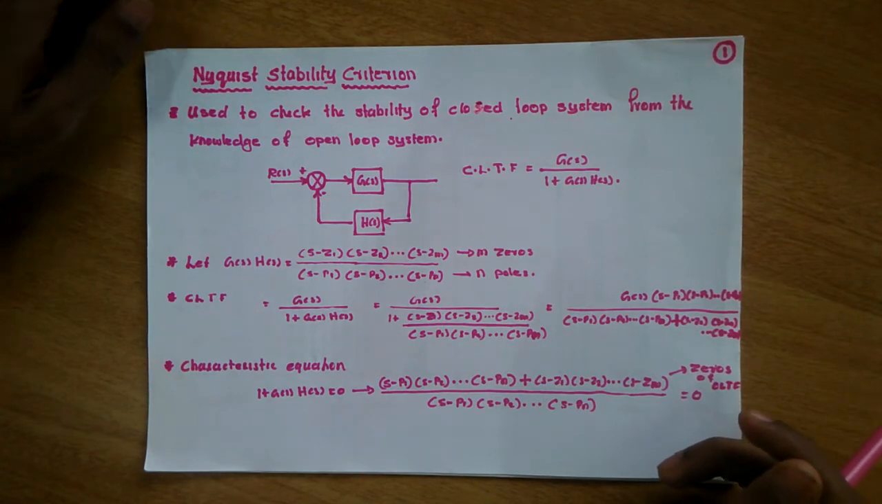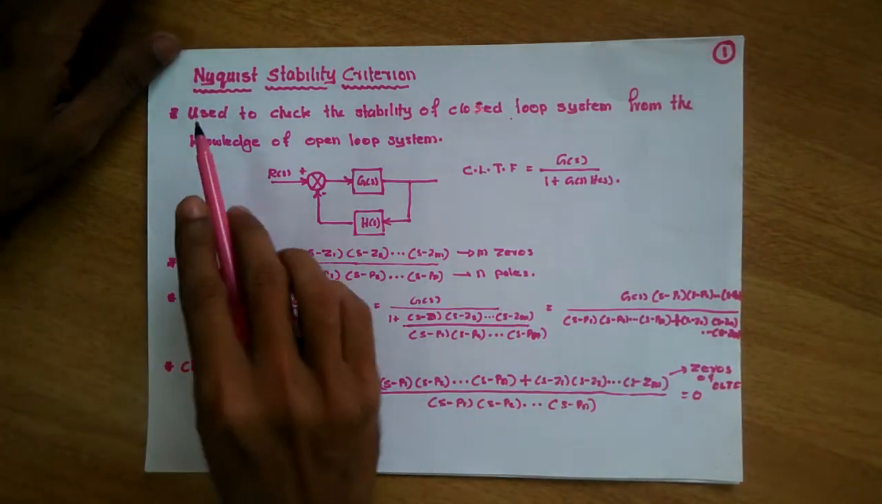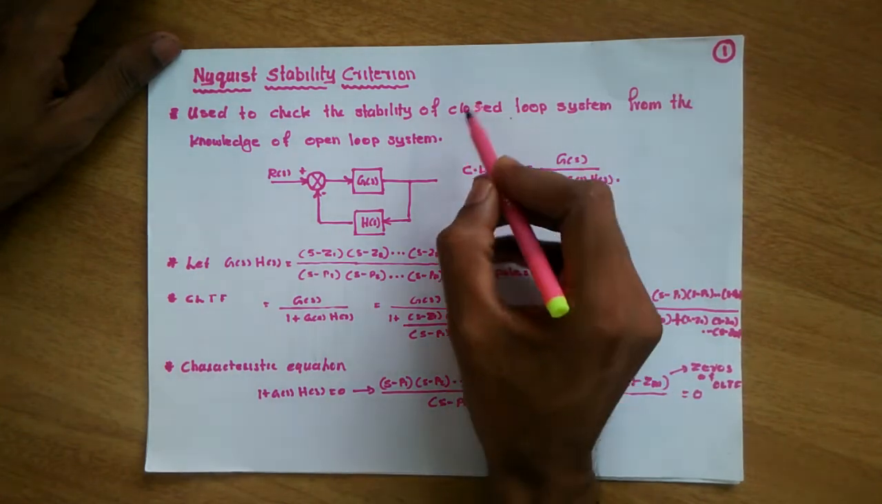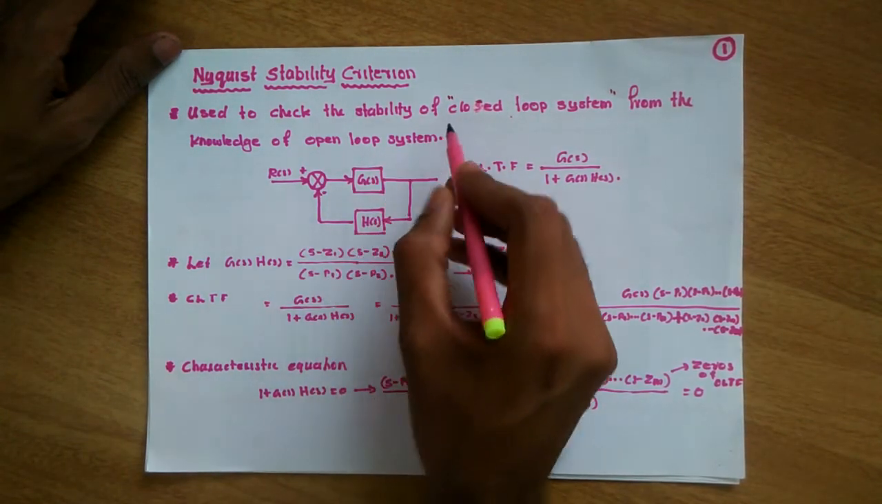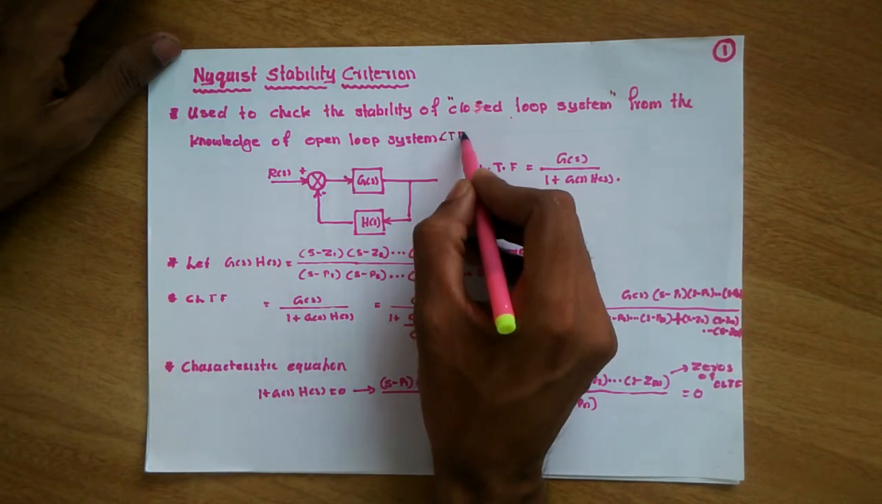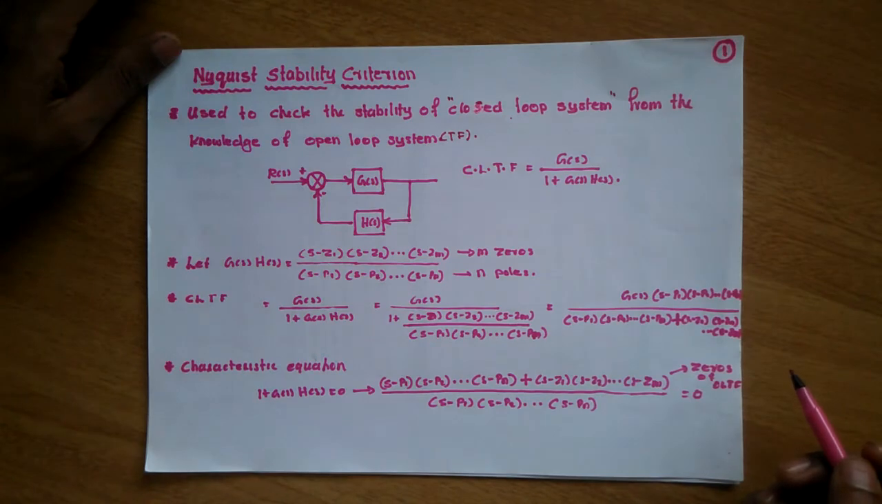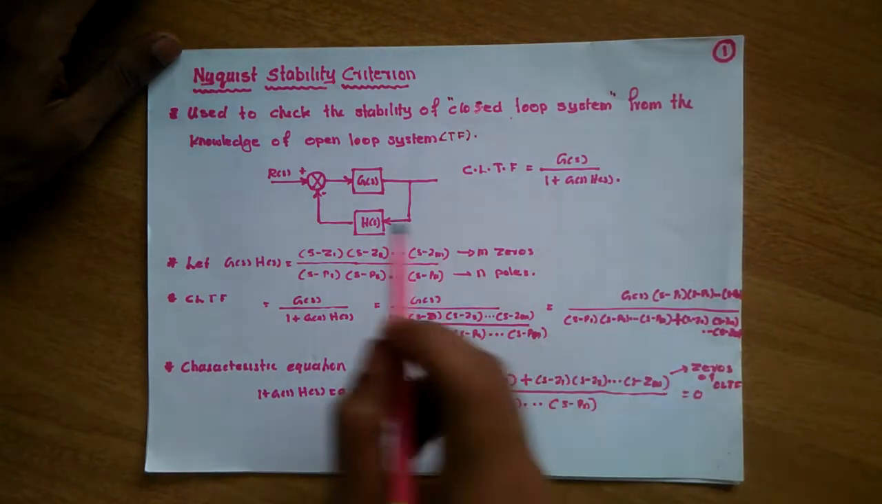Today we will discuss the Nyquist stability criterion. The Nyquist stability criterion is used to check the stability of a closed loop system from the knowledge of the open loop transfer function. So my aim is to determine the stability of a closed loop system if I know the open loop transfer